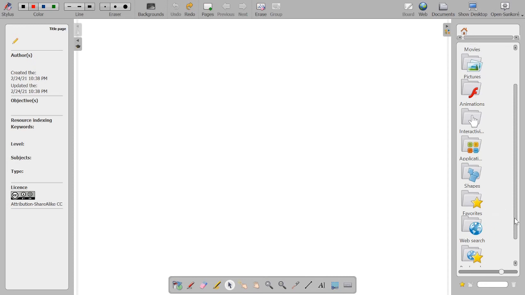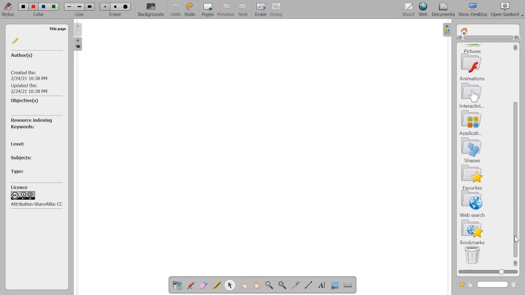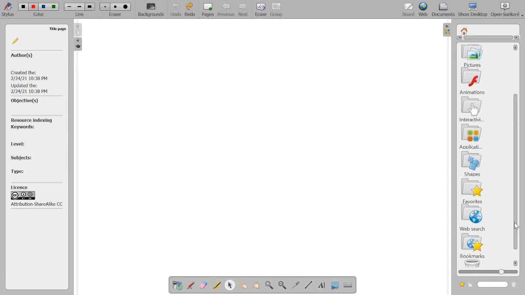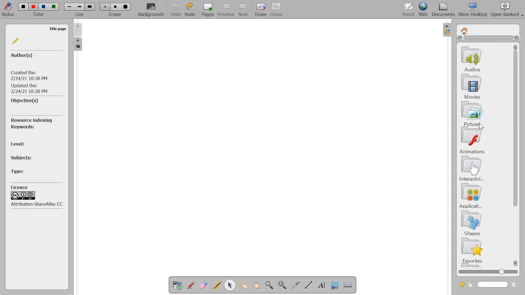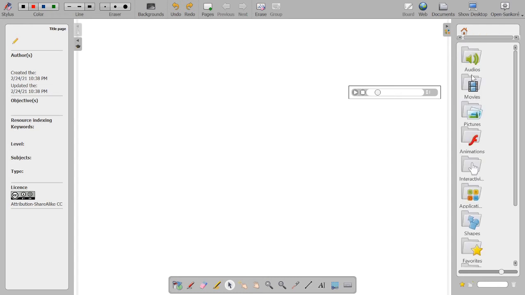The web search option is not currently working in this particular version. So we have different audios which we can add to the page like this. This is the default library.